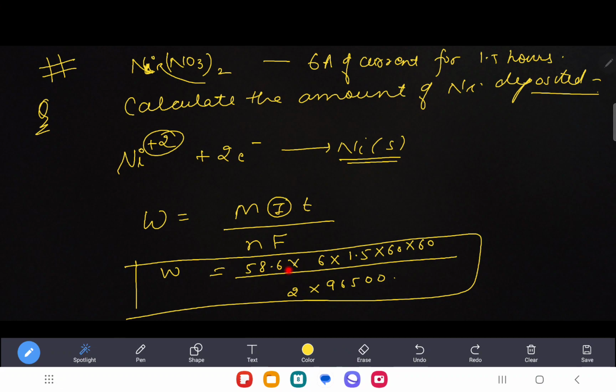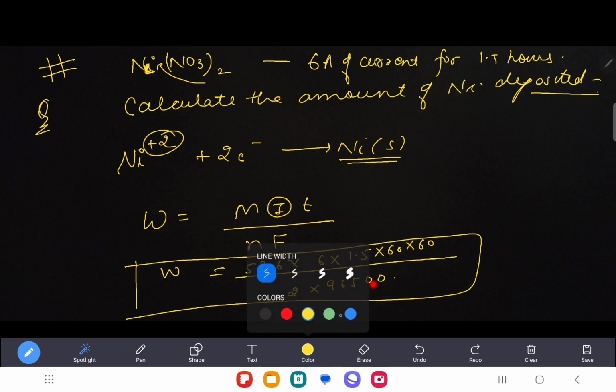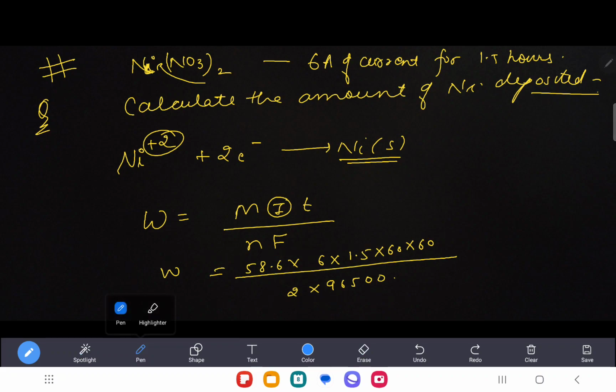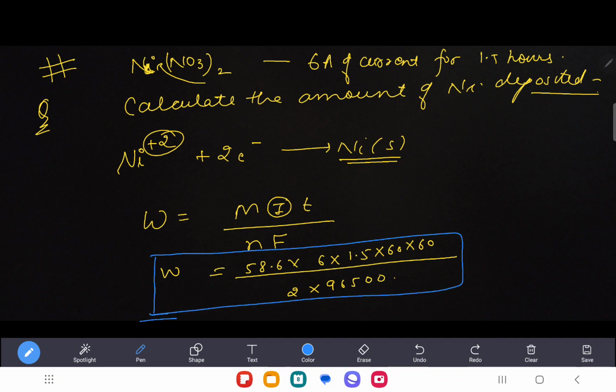जो भी है। तो मास I T, टाइम को मिनट्स में कन्वर्ट करा इंटू 60 सेकंड्स में करा, ओवर N क्या है 2 और F क्या है 96500। समझ आ गई बात, तो ये कॉन्सेप्ट है, तो ये W आ जाएगा, कोई दिक्कत, ठीक है। तो इस तरह से आपने इसके क्वेश्चंस करने, N इज द चार्ज, ठीक है।